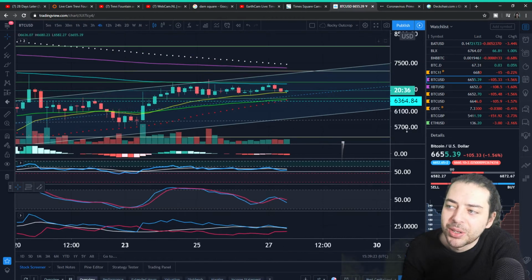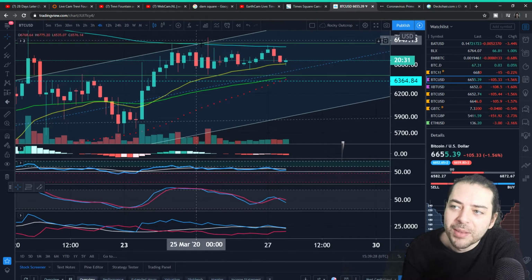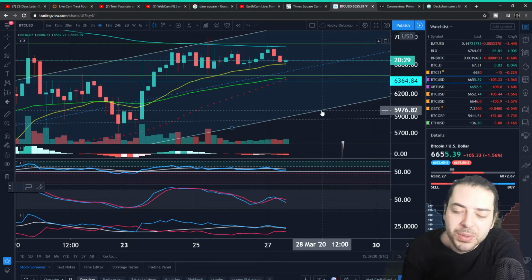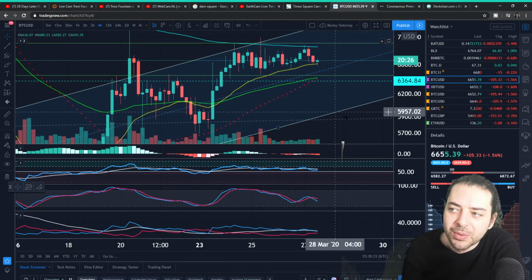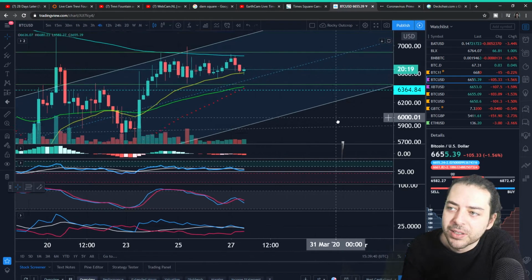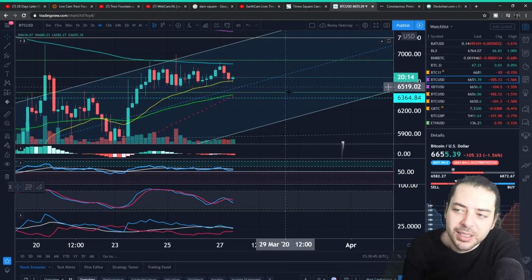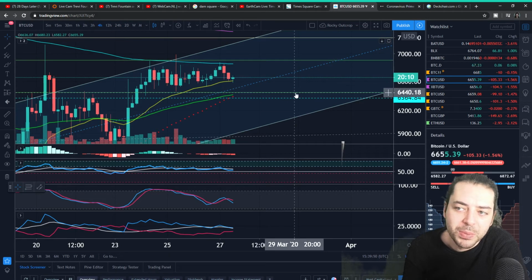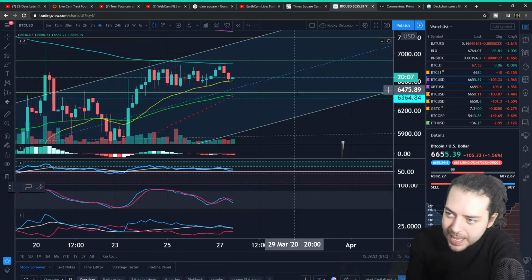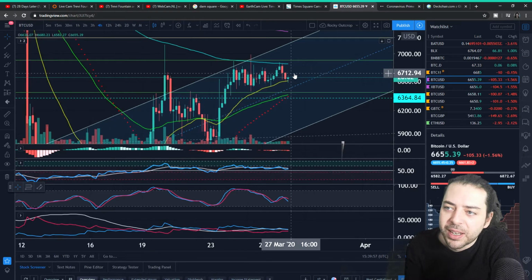We could simply operate within this range of this channel. We could see it drop as low as 5,900 or so if we wanted to visit the bottom of that channel. If we really wanted to be negative about things and retest crucial areas, it could go down to 5,500 again. In the meantime, we're looking between these two lines here. The upper side is at 6,900 and the lower side is at 6,450, and between those two areas is where the price is stuck currently, and that's where I'd be managing risk and everything else if I were you.